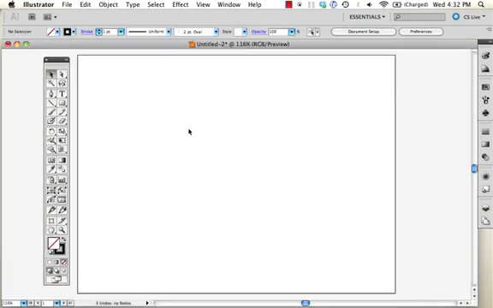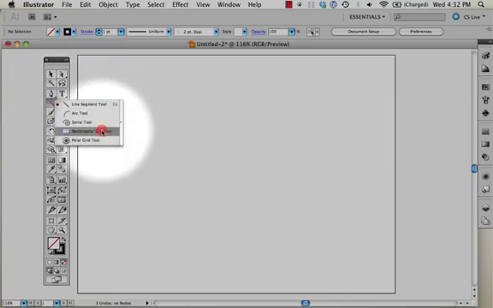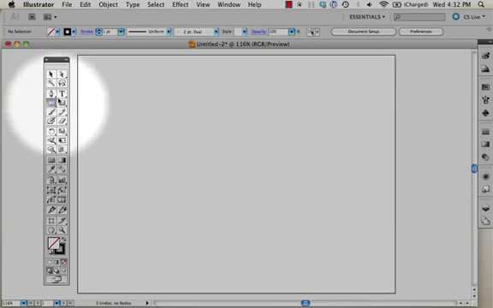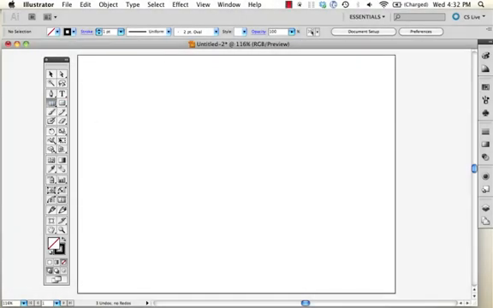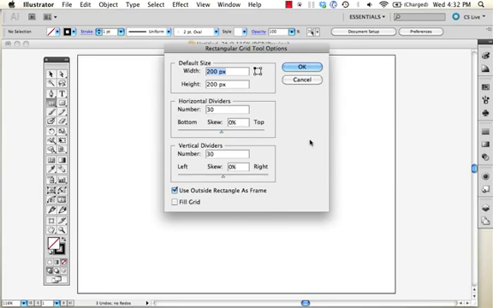And click OK. Now that we have our artboard, we're going to add some pixel lines with a grid tool. This is located here underneath the line segment tool. You simply hold down with your mouse and then go down to the grid tool there. Once you've got the grid tool, it's time to option click onto the artboard, and that will bring up your